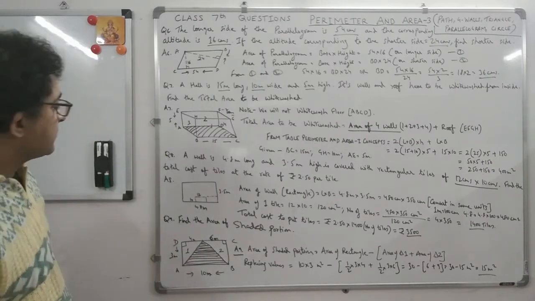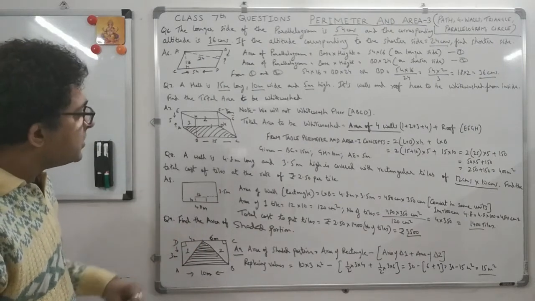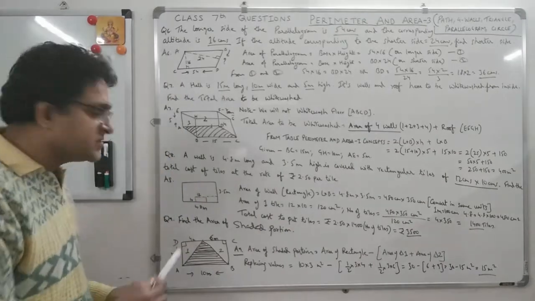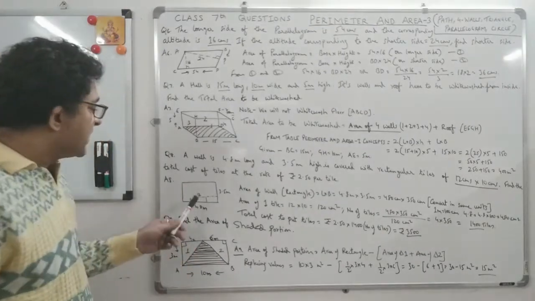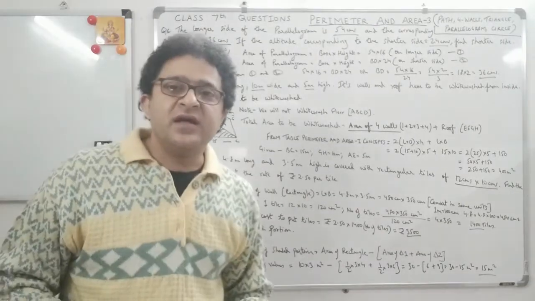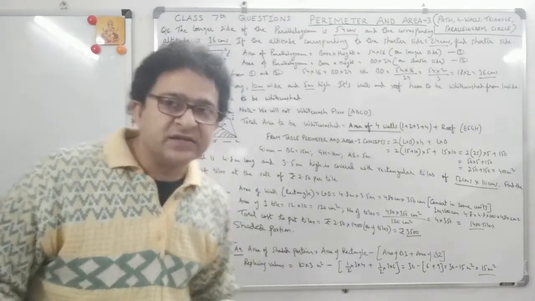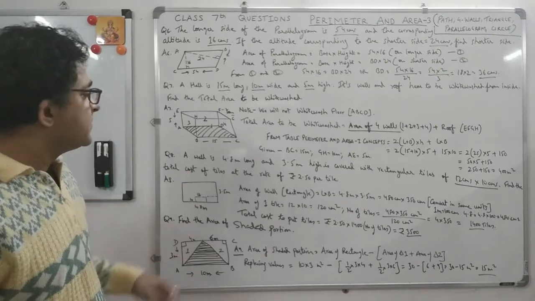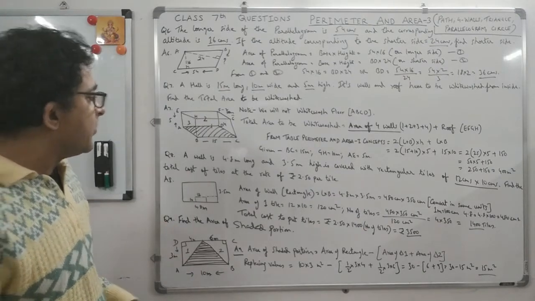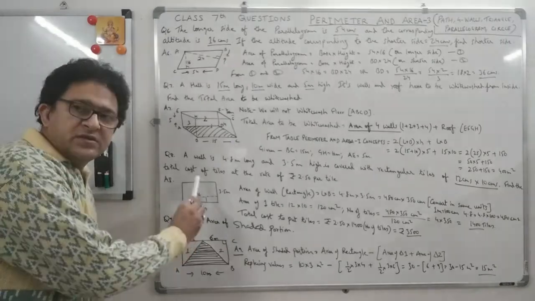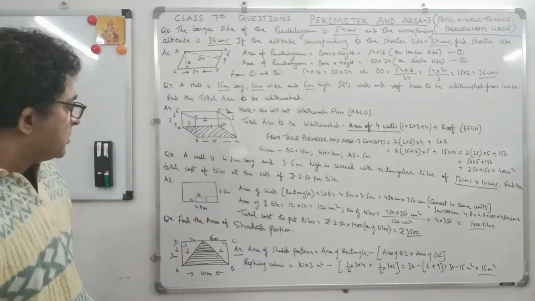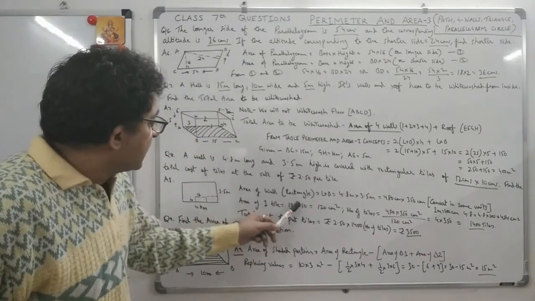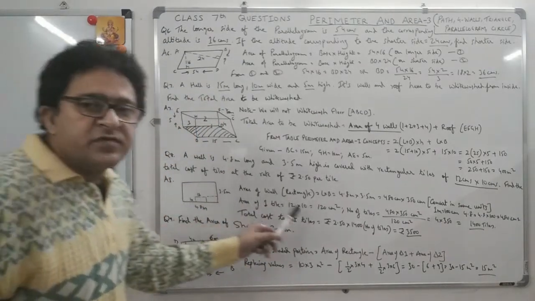So basically, it's some kind of a wall, and tiles have to be put in the wall, which is the area has to be covered by tiles. Now tiles is in centimeters, but the area of the wall is in meters. So note is you have to convert that into centimeters, because then only we will know how many tiles will be used to cover this area. So in this question, let's see how we do this question. Area of wall, we have to know the area of the wall first, which is a rectangle.